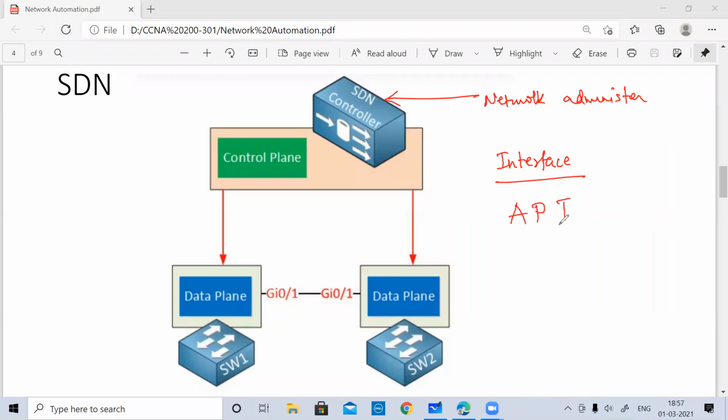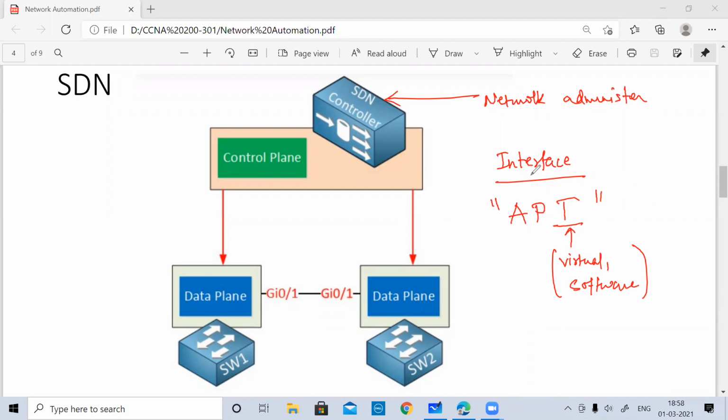You must have come across this term many times, which is application programming interface. I can simply say that this interface is a virtual interface, or a software interface. We cannot see it physically. This interface allows other applications to access your application. So the interface which allows other applications to access your application is known as an application programming interface.